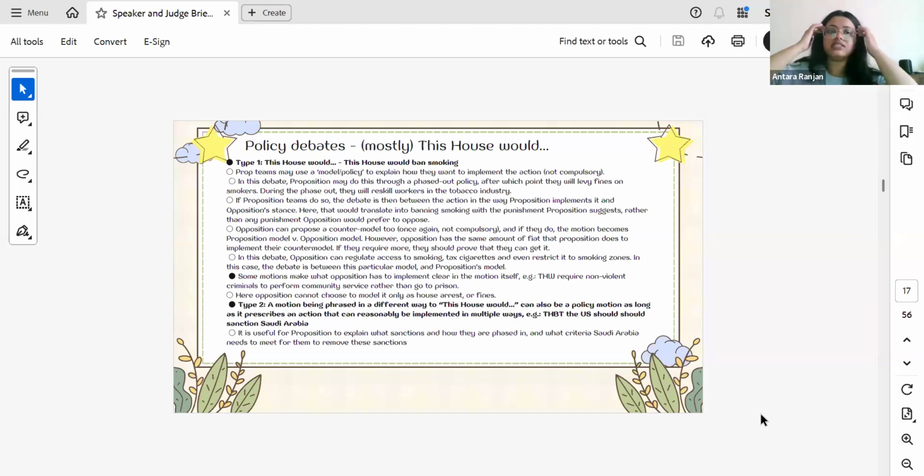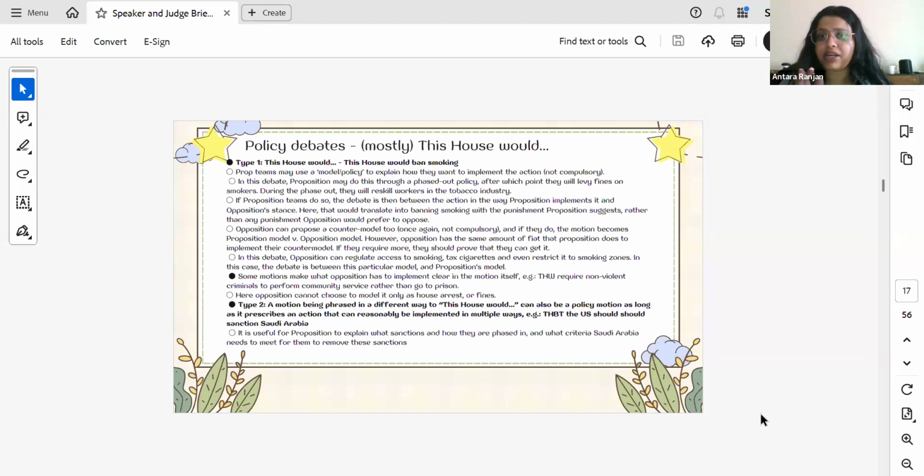So, for example, in this debate, side proposition can say, well, for the next 1 month, we'll allow people to have cigarettes, but no more cigarettes will be made, right? We will not manufacture any more cigarettes. And after the 1 month period, if you are caught with cigarettes, you pay a fine. In a year, if you're caught with cigarettes, you go to jail, right? Another part that the model will address is what will happen to people who work in the tobacco industry, right? There are people whose daily job it is to make cigarettes. So what happens to them?